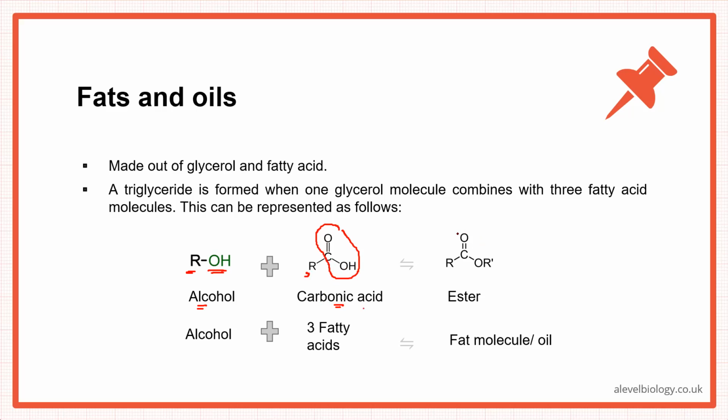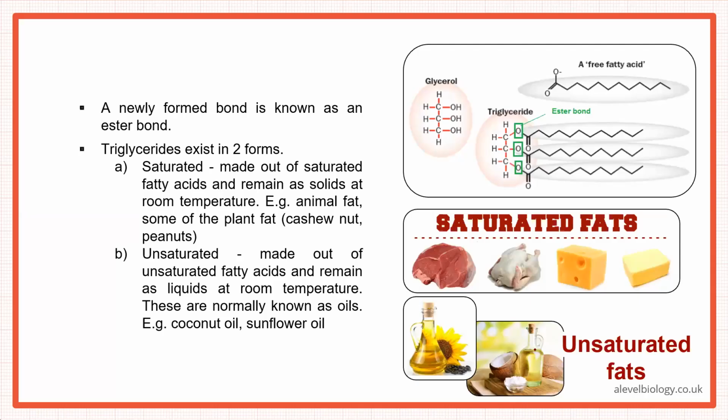And here they have shown you the bond. So it's COO, okay, so one part is from the alcohol, and the other part is coming from the fatty acid. They've shown you the bond there, C double bond O and another O, so that becomes the ester bond. They have given us the example of glycerol plus 3 fatty acids, we will get a triglyceride, so it can be a fat molecule or oil. Okay, so we have already done this, but just see it.